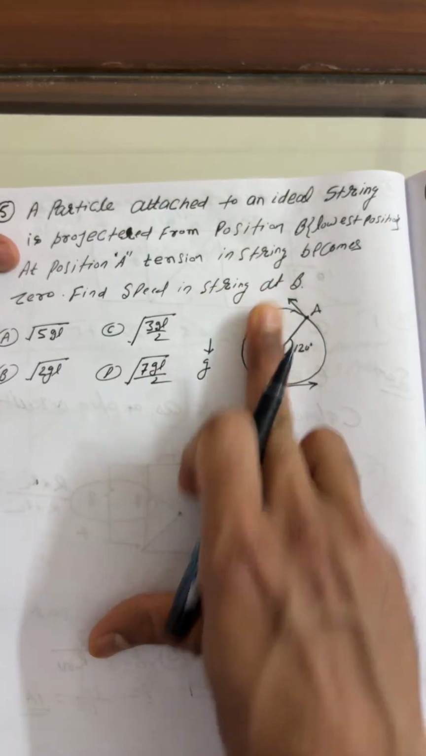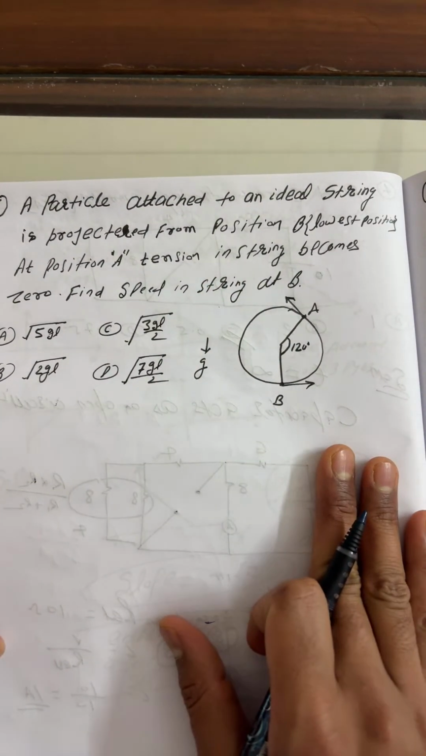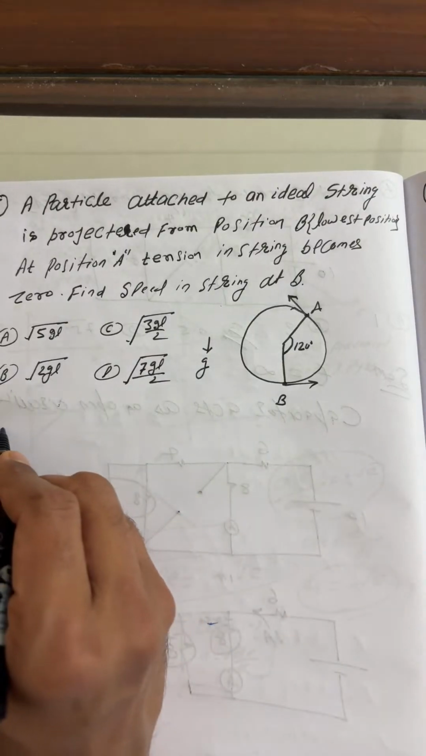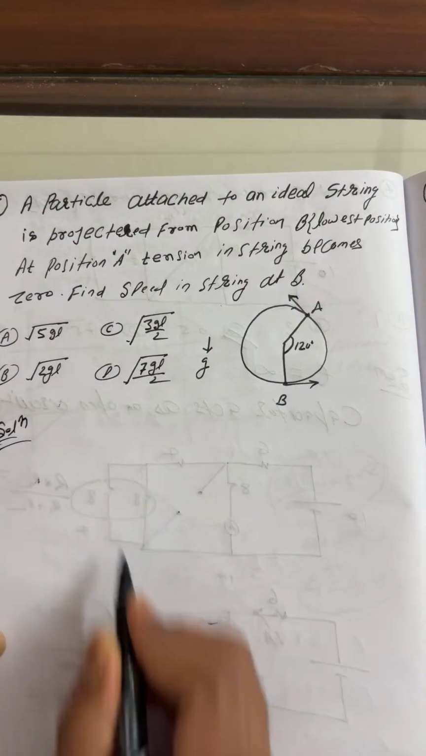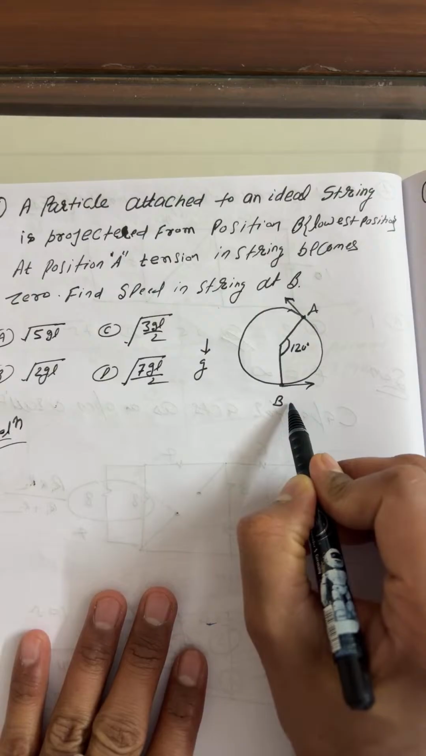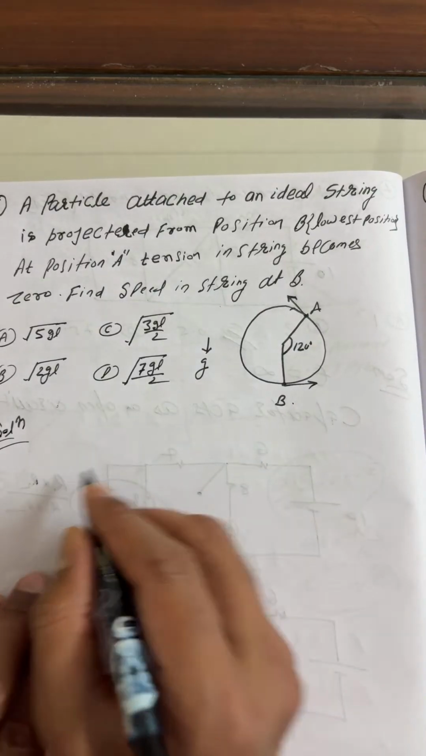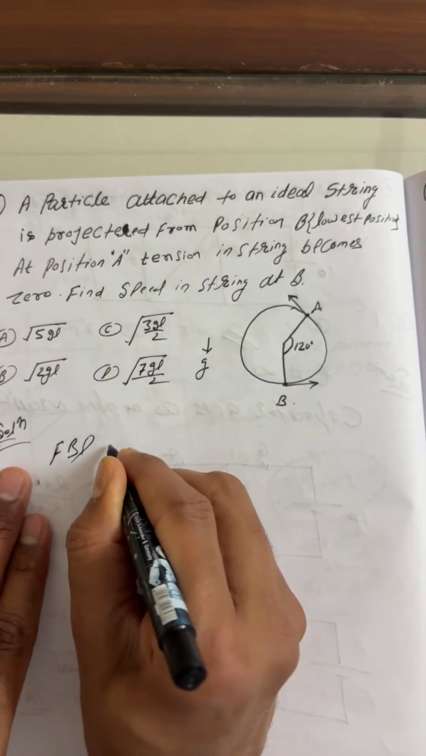Find speed in a string at B. So this question is from 11th class, work power energy. Now I'm going to solve this question. Students, I'll make a FBD here, then I'll make another one over here. So first, I'll make this FBD